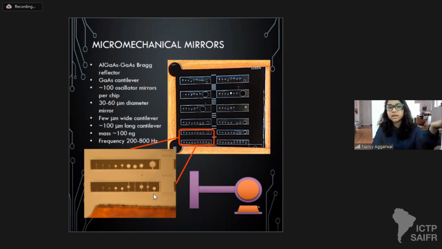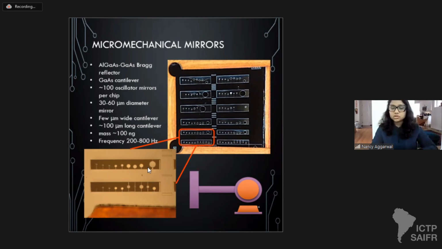So there's a lot of variety of designs of this. The mirror diameters vary, the cantilever widths vary, not the thickness, the width of the cantilevers. And again, the length of the cantilever is also in the 100 micron range, but varies. The mass is roughly around 100 nanograms, and the frequencies of these devices are from a couple hundred hertz to